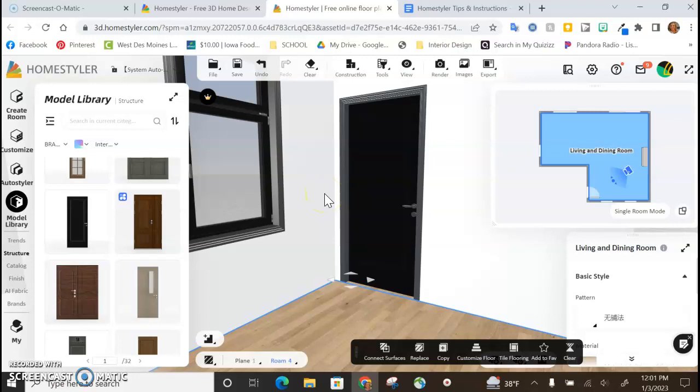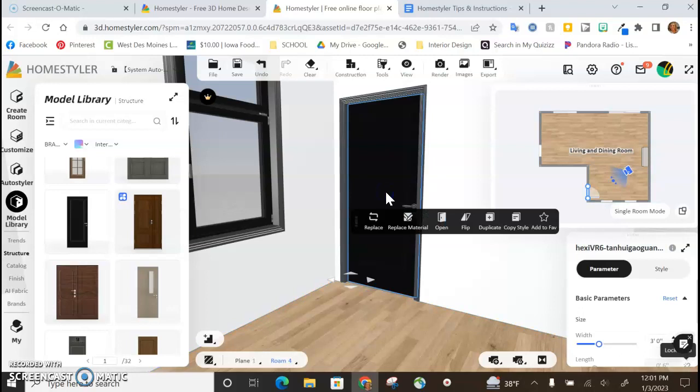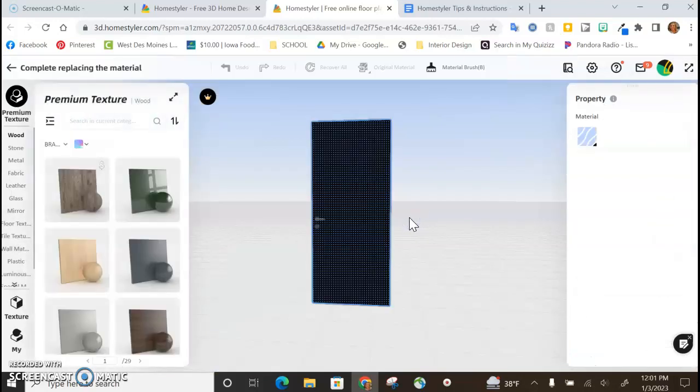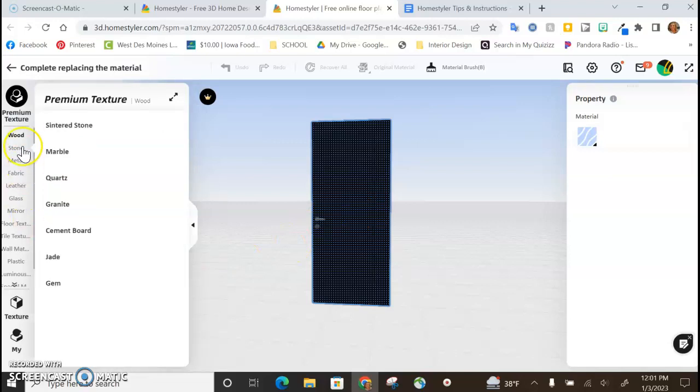You can play around with swapping out those doors and windows. One thing while we're looking at it is if you maybe are not a fan of this color, you can adjust that. So when you click on the door, this opens up and you can see where it says replace material. If I click on that, and this goes for doors, trim, furniture, accessories, pillows, it allows you to replace it here. So you can see this blue dot screen here,